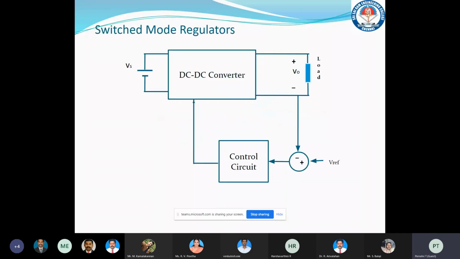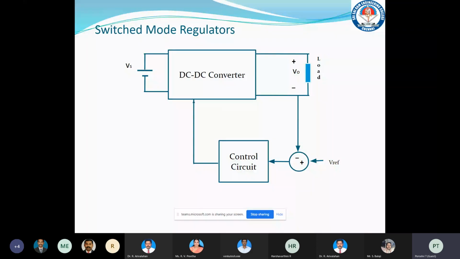In switch mode regulators, the DC to DC converter can be any of the converters, such as buck, boost, or buck boost. The main aim is to maintain the output voltage at the reference value. For that, we take the feedback of the output voltage and compare it with the reference voltage. The error is given to the control circuit, which has some controller, a PI controller or any other controller,